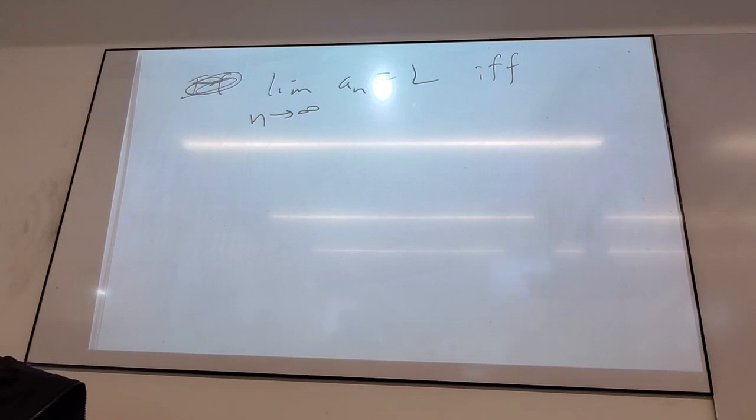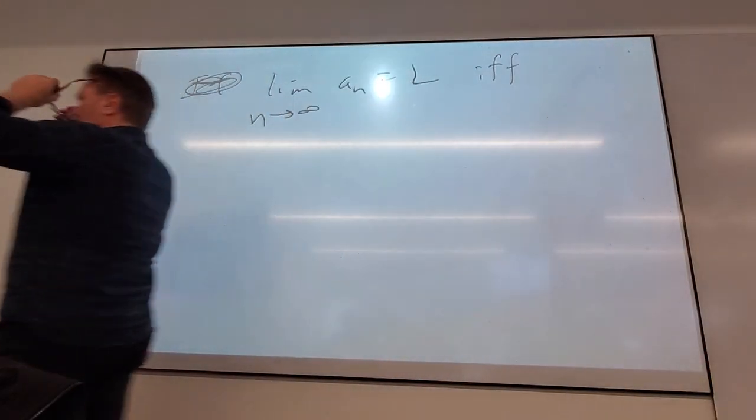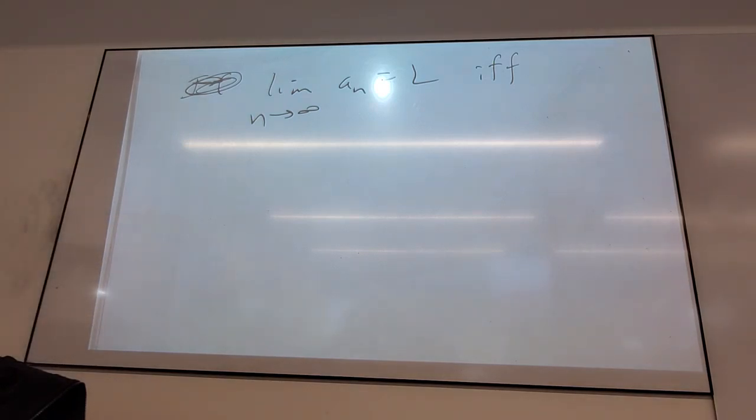If and only if just means it works both ways. Does that make sense? For a lot of theorems, it's just quicker to say if and only if, instead of if this then this and if this then this. Is that cool? So the limit of a sequence is L if and only if